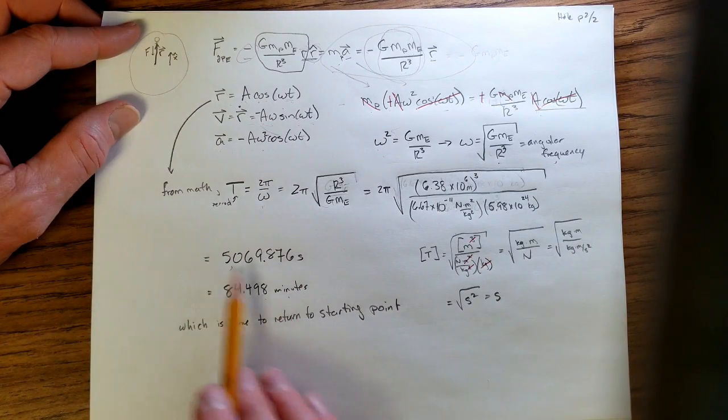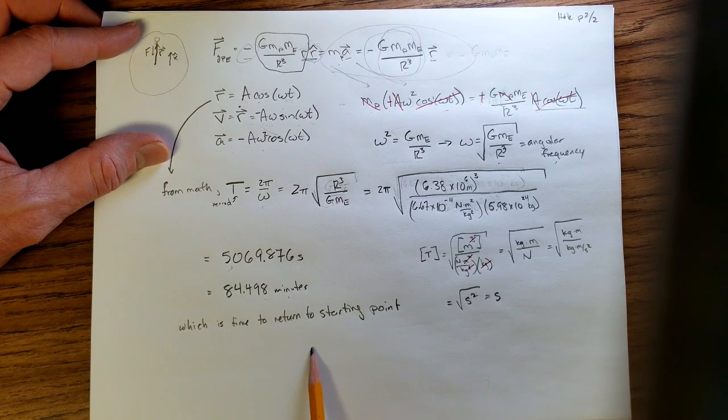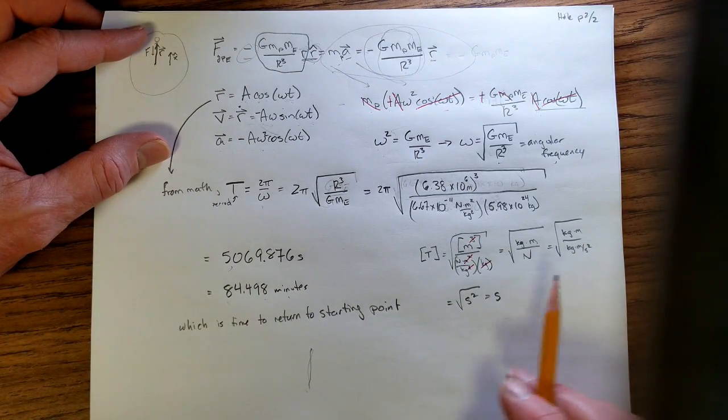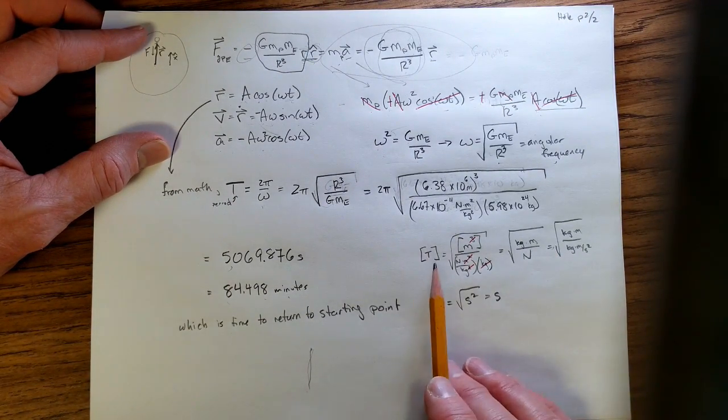And so that would be the time you jump into the hole, you get to the other side, and come back. So the time it takes to get to the other side would be half that, or a little over 42 minutes. Now in terms of units, just tracking the units here, we have,